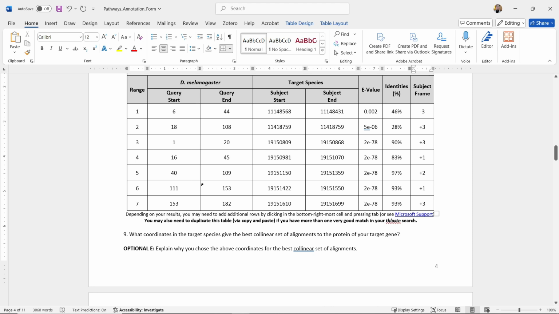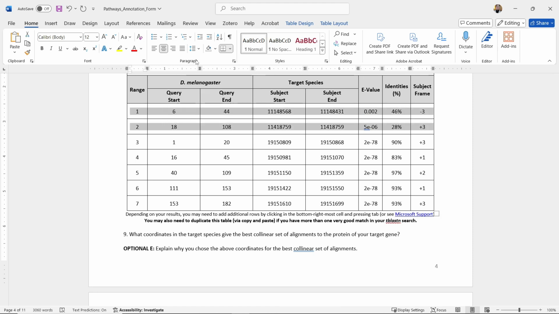By examining these individual regions, we can immediately see that there are some interesting things going on here. Let's take a look at range 1 and 2. Range 1 is providing a negative frame with a really bad e-value. So if it were me, I would definitely take a look at this and say, something really interesting is going on here. Not to mention, if we take a look at range 2, it's only covering 18 to 108. It's not covering 1 through 182, so a chunk of this seems to be missing, along with a fairly poor e-value and identity as well.